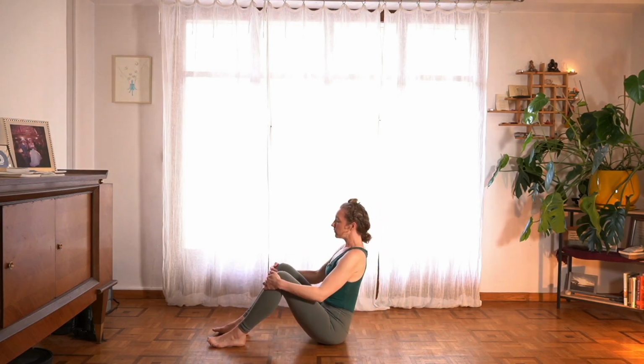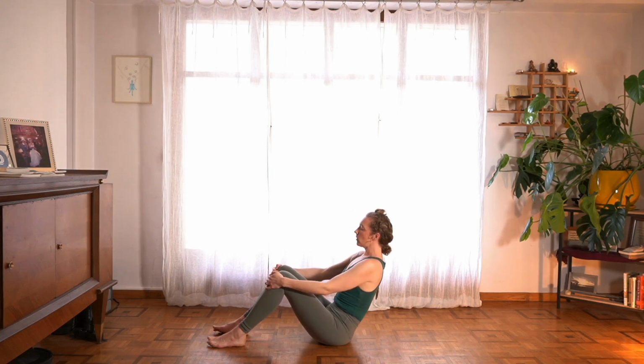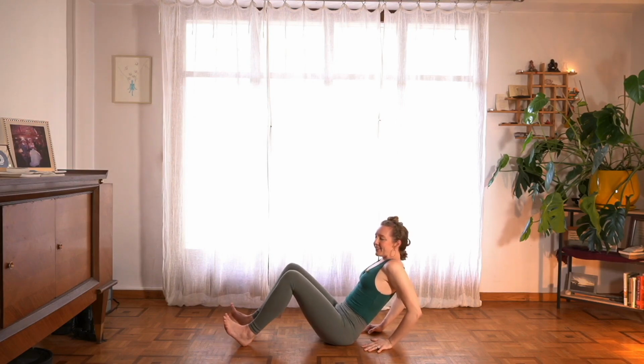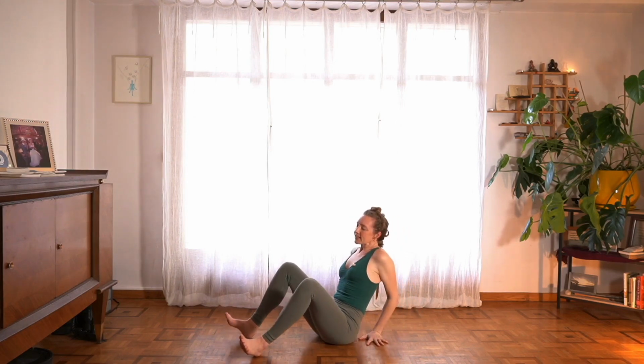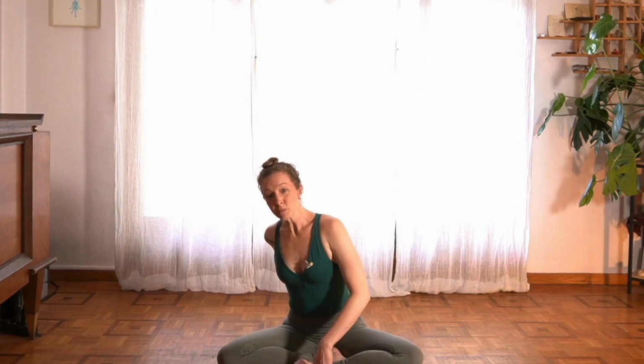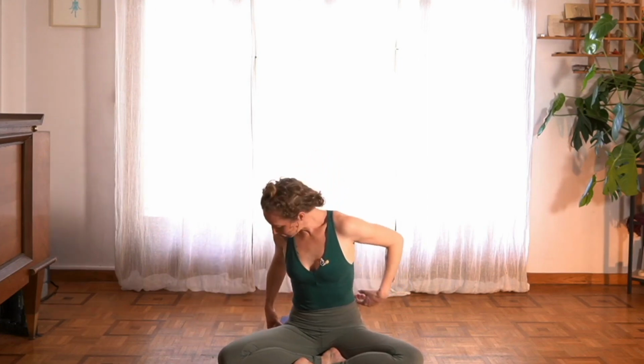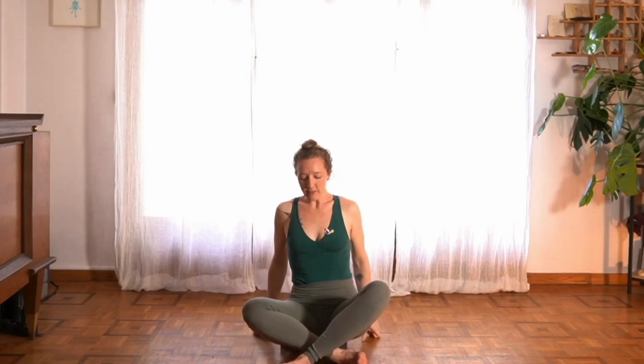Press down through your feet to lift up through your spine and lengthen. And when you exhale, begin to lower all the way down to the mat. Unless you know that you want to end your practice in a seated meditation instead of Shavasana, in which case you can find that seat now. If you're moving toward Shavasana or a seat, really, if there's any other movement that you need or support that you need, if you want to be on a block, if you want to have a blanket,